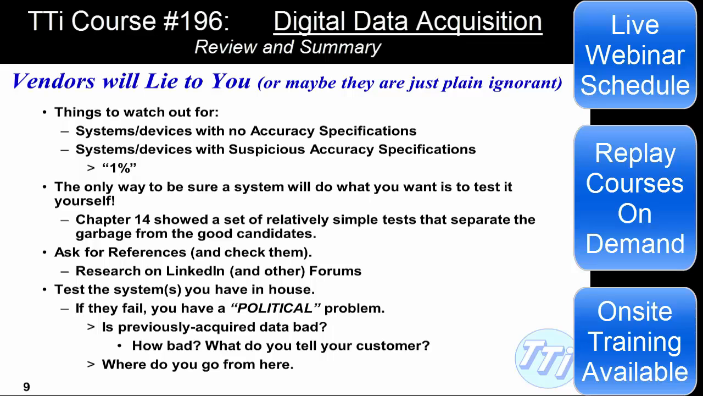And then when we were looking at system specs, the question is whether the system accuracy specifications are reasonable. And if you get something that says an accuracy of about 1%, that's very suspicious. Now, maybe 1% reproducibility from test to test is good, but 1% accuracy is something that real systems really can't attain. So anyway, the only way to make sure a system will do what you want to do is test